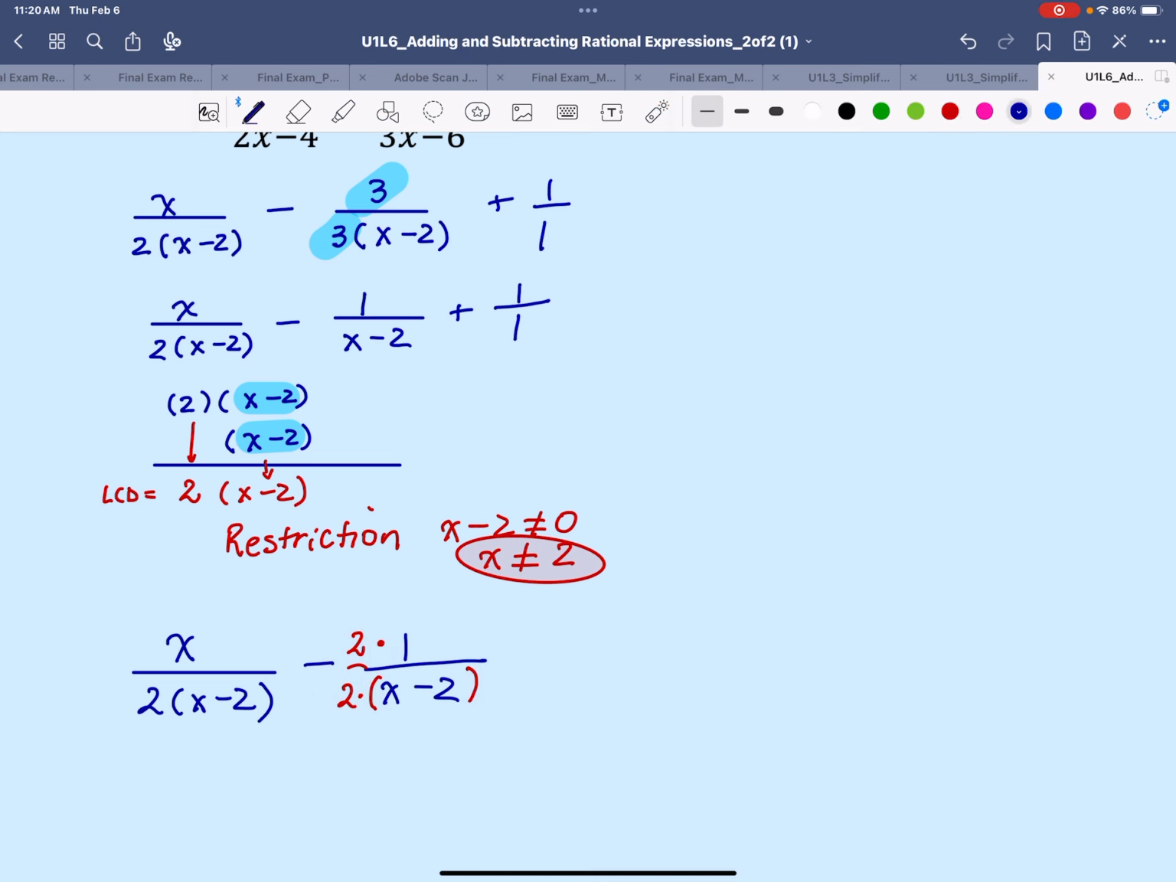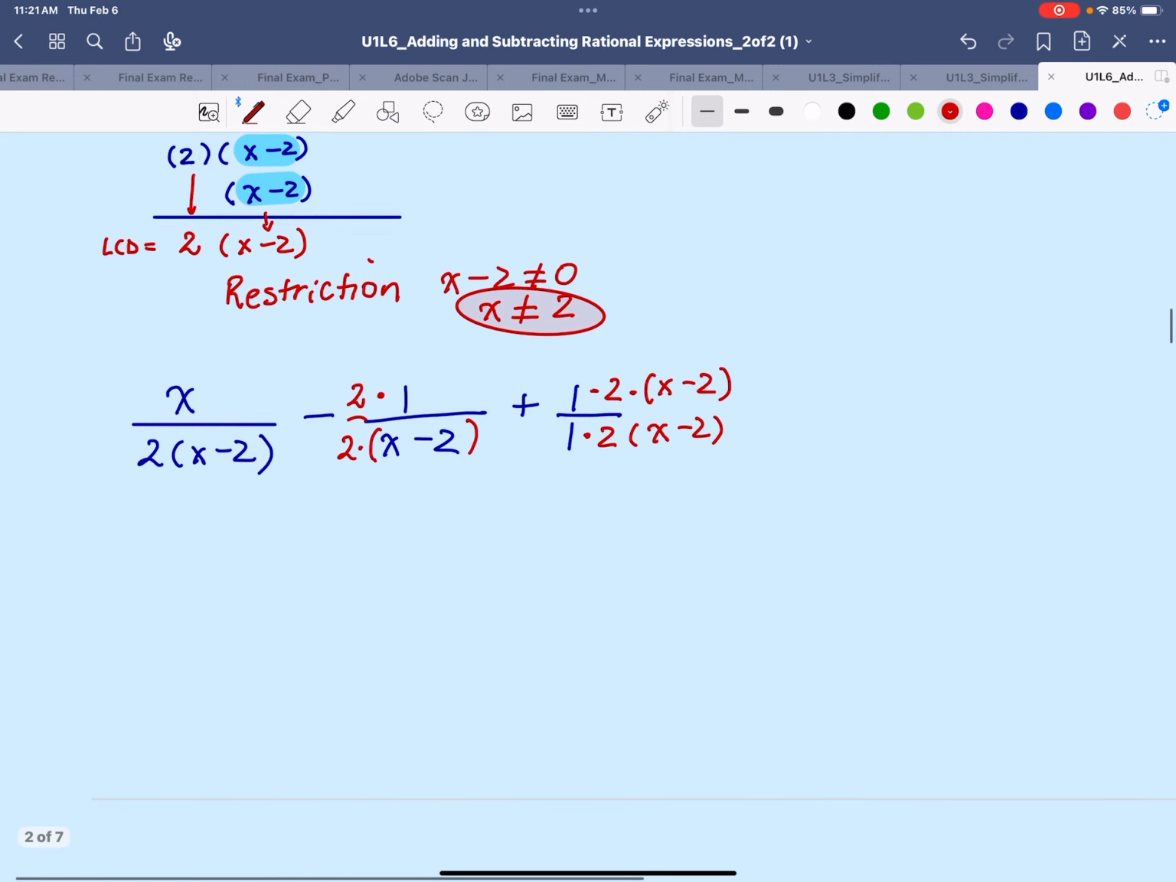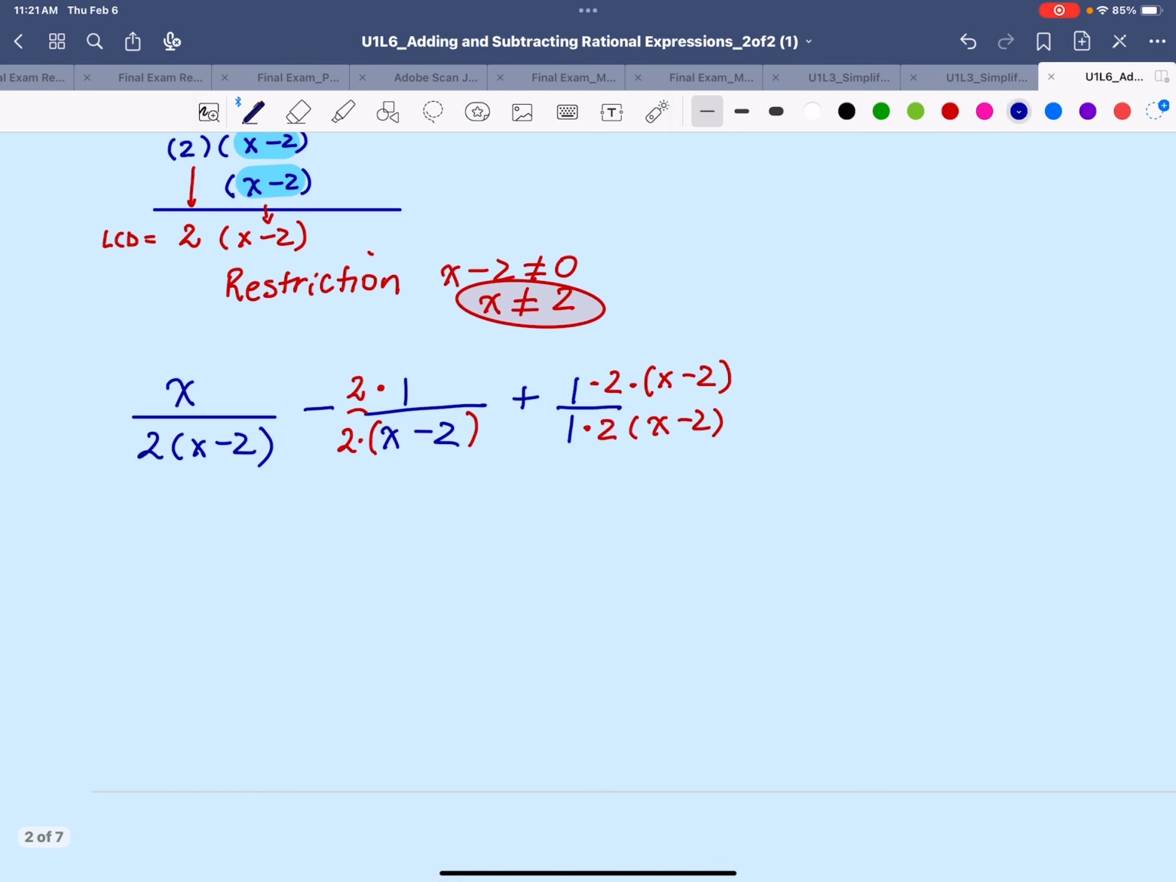Lastly, we have number 1. And the denominator is 1, which means that this is going to need a factor of 2 and x minus 2. And obviously, we're going to do the same thing, multiply both numerator and denominator by the same factors. Now that we know that our denominators are the same, so we have 2 times x minus 2 in all the denominators,